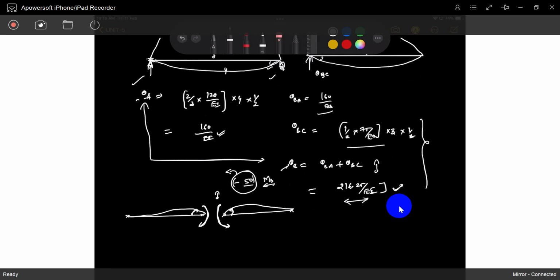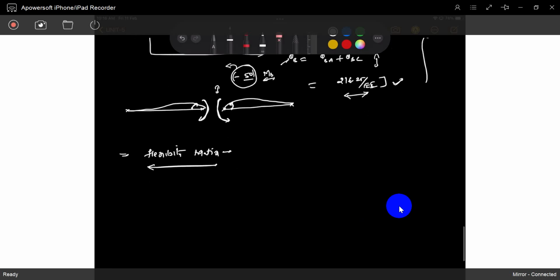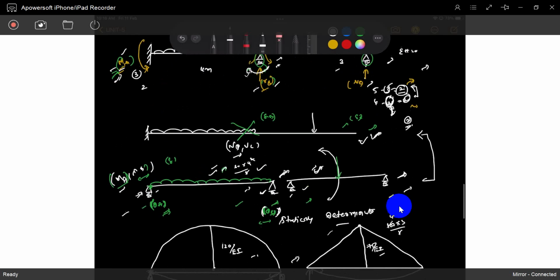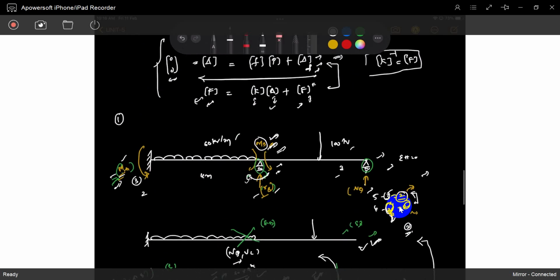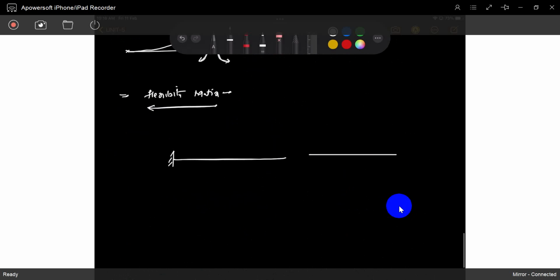I find out this deflection also. Now we can develop the stiffness matrix. Now the flexibility matrix. Flexibility matrix, we have to develop on a free diagram. Understood? Not exactly this diagram. You don't put a fixed end here. You don't put a joint. No, the flexibility matrix or stiffness matrix we have to develop